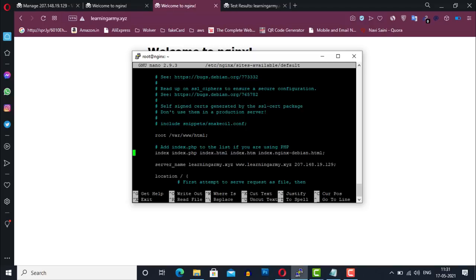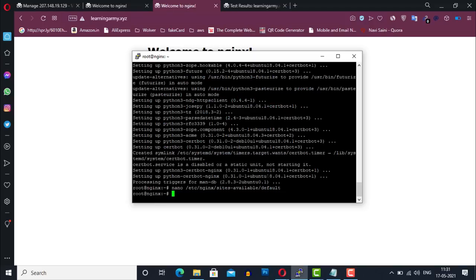Also make sure there is no spelling mistake in these domain name variations. So everything looks fine in this server block configuration file. Now just go ahead and press Ctrl and X to exit.